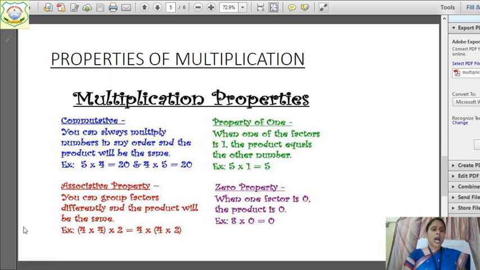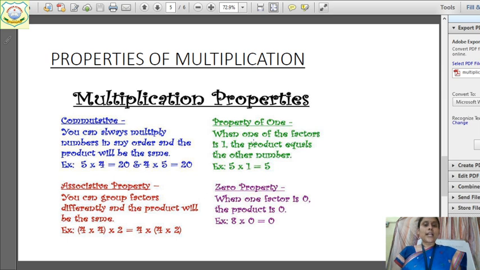Let's see the product. How much will come? First, when grouping is given to you, first thing we will do is we will solve the bracket. How much will come? 4 into 4. What will be the answer of it? Yes, the answer will be 16. And in this case, 4 into 2, what will be the answer? It will be 8. But when we multiply it with 4, answer will be 4 8s. 8 4s are 32. And here 4 4s are 16 into 2 is equal to 32. So both the cases, both the sides will get the same answer, that is 32.